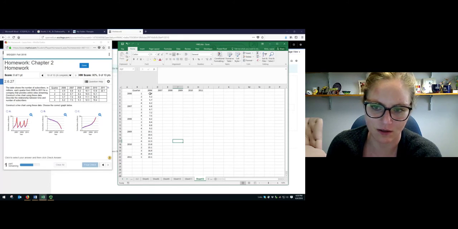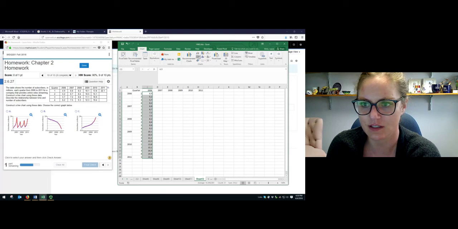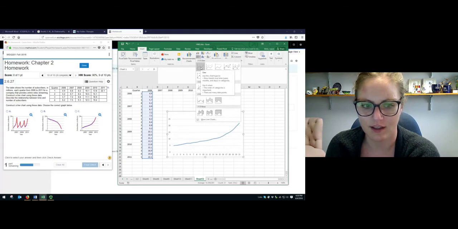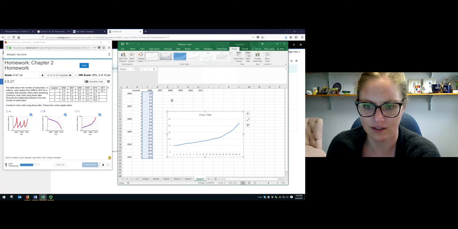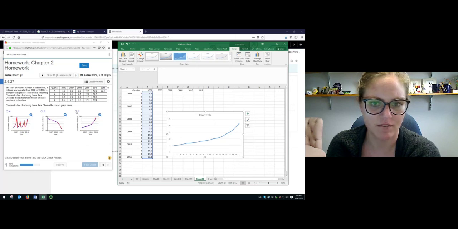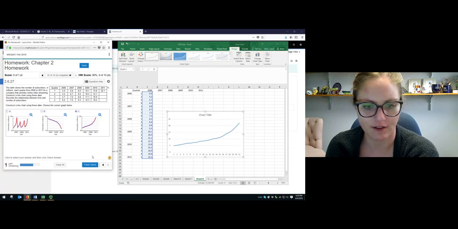And this is the timeline that we want to graph. So let's insert this, graph this, and we see something like this. And so the best visual representation of this time series data, quarterly data I should say, is